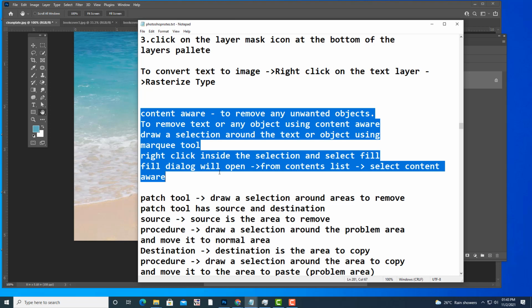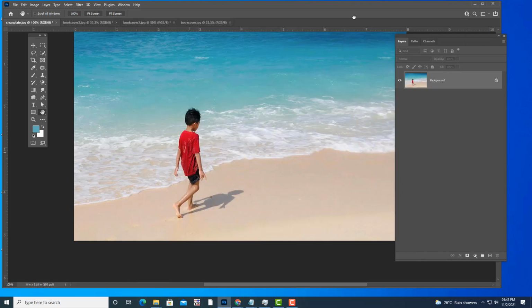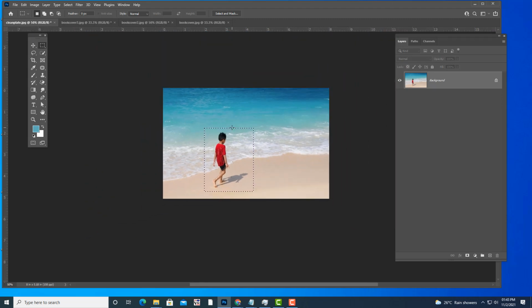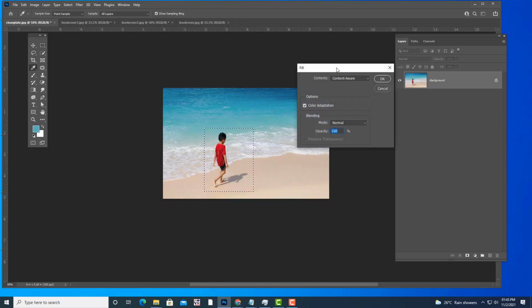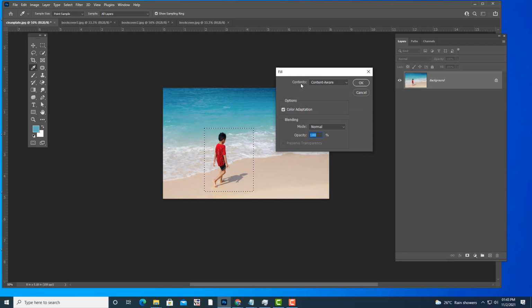Okay, right. So now see, we will first select the marquee tool, just to draw a selection around this boy. And what you have to do, simply right click inside this selection, Fill, and then the Contents options are there.